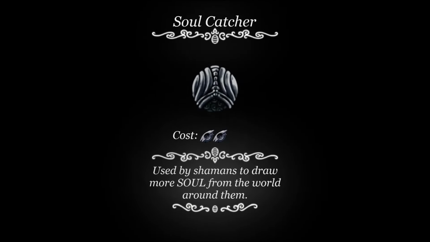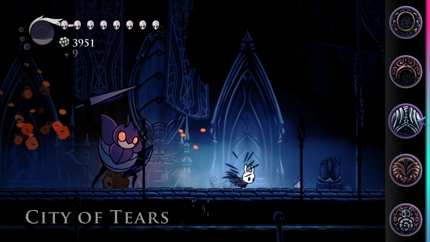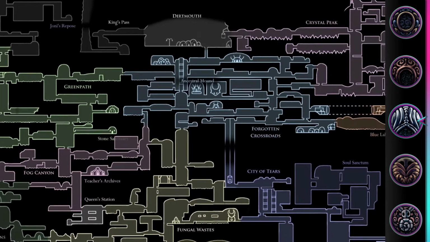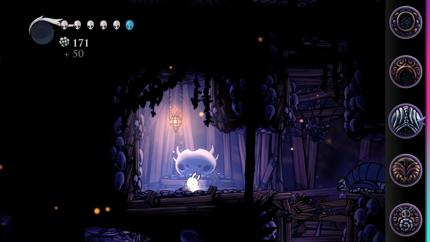Soul Catcher. This charm costs 2 notches and slightly increases the amount of soul gain when hitting an enemy with your nail. This charm is located in Forgotten Crossroads at the very end of Ancestral Mound, where you obtain the Vengeful Spirit